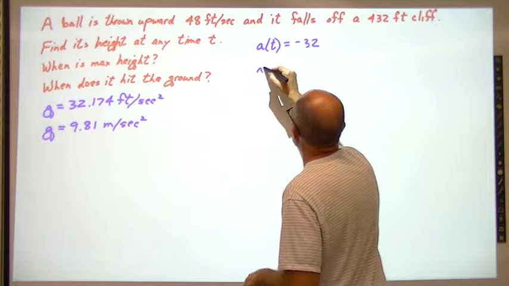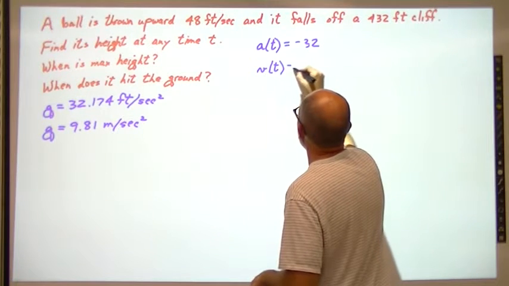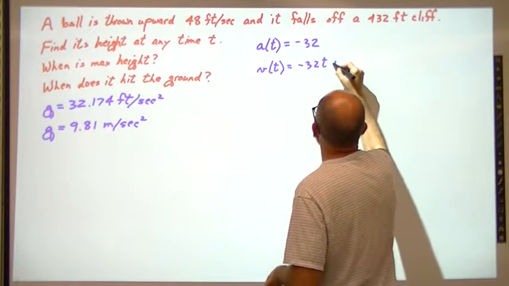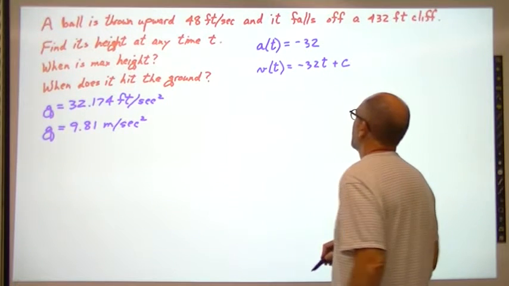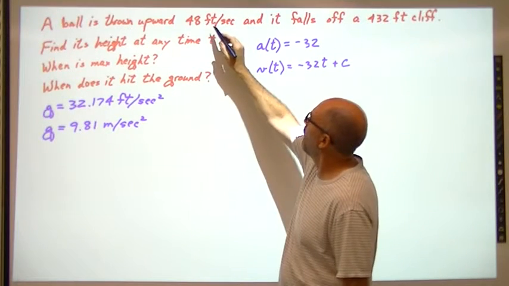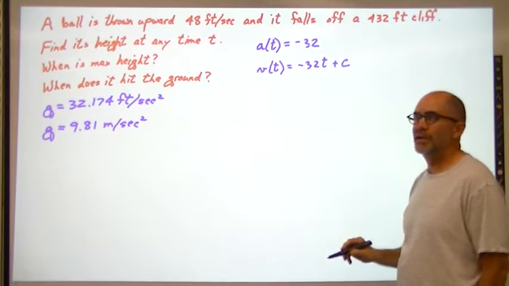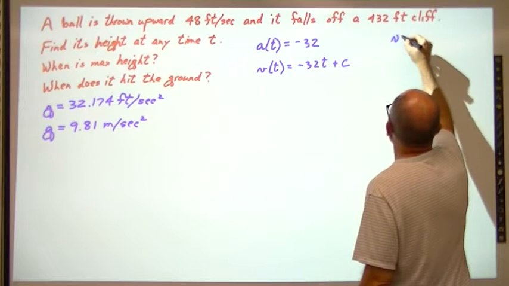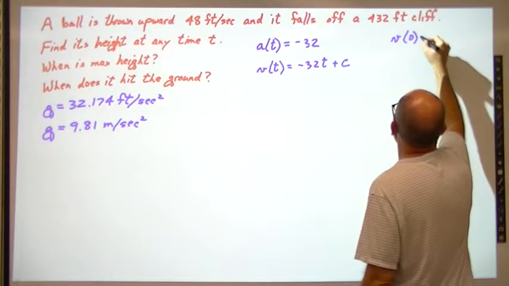So we take the antiderivative of acceleration, and that's going to be negative 32t plus some constant. Well, what is our constant? Well, the ball is thrown upward 48 feet per second. So what that tells us is that v at time 0,